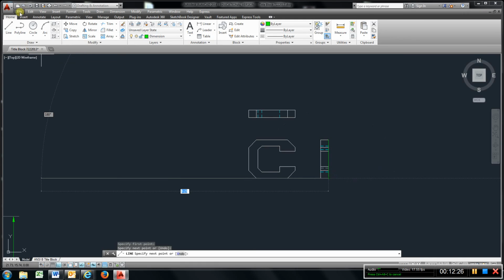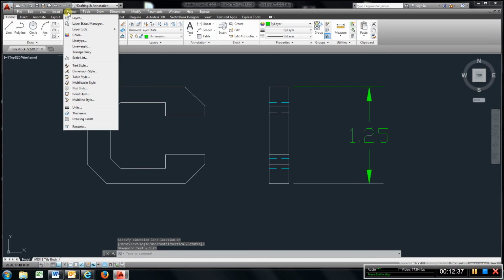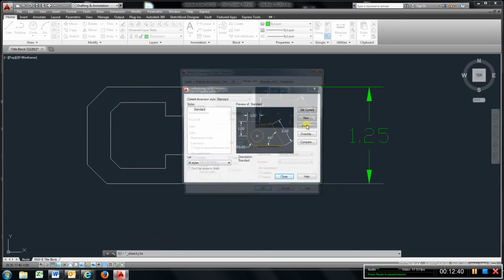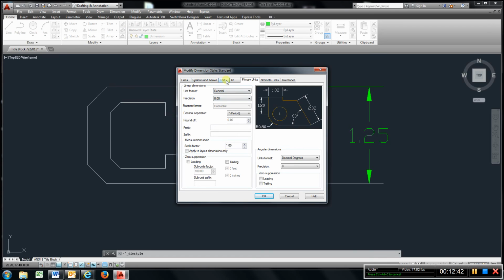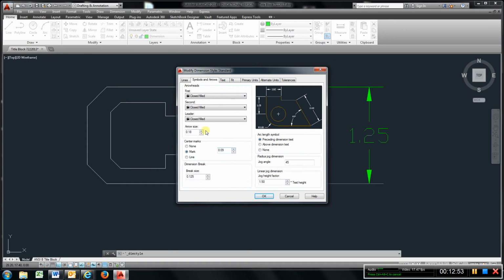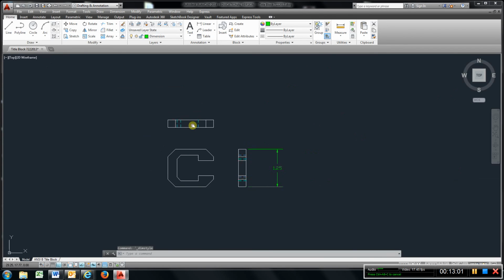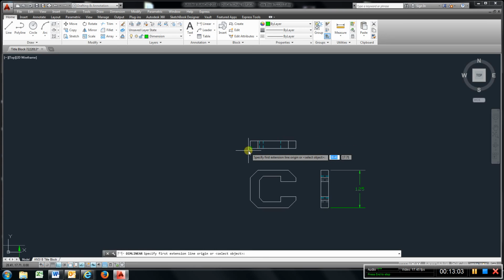I don't know what happened here. Let me go back. Back up. I need linear dimension, not line. And see how my dimensions, they are a little bit too big. So I'm going to go to Format, Dimension Style, Modify, and go to Primary Units, and Text. I'm going to drop that back to 1. Then I'm going to use my symbols and arrows. I'm going to drop those to 1. Hit OK. Close it. Then I'm going to come up to the top view, go to Linear Dimension, choose the